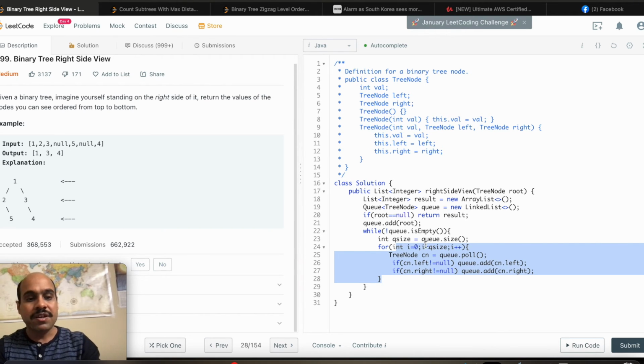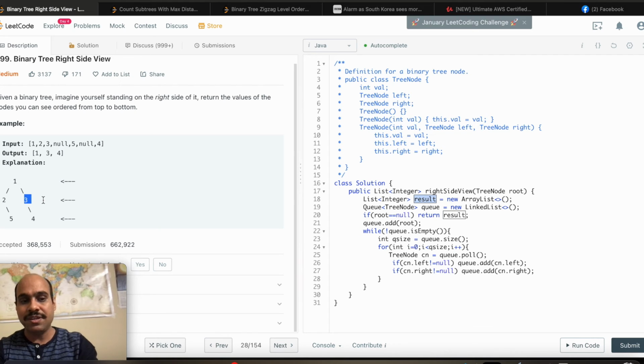is empty. Now where do we put our logic where we need to update this result variable, which means it has all the rightmost elements? If I give you an array and ask you what is the rightmost element of that array, you can simply take the length of the array, so the last element of that array is the rightmost element. For example, if array length is 3, then array of index 2 is the last element. The same way we'll do it here.